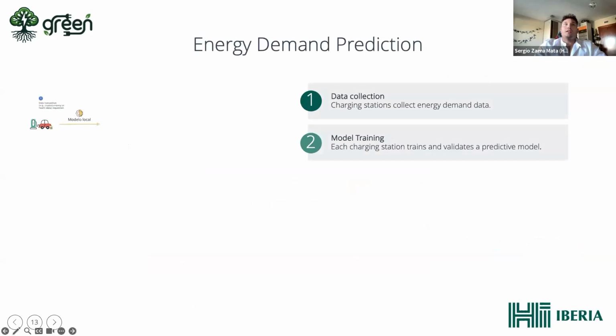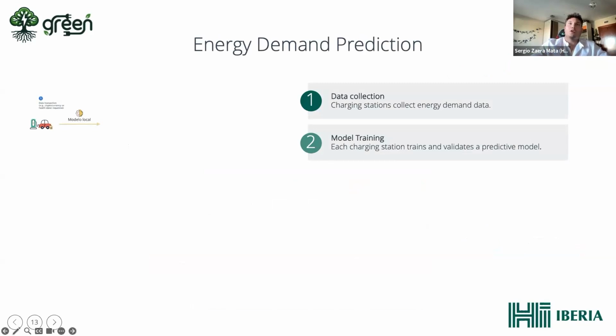So, in the energy demand prediction, I told you before that I'm going to explain in detail how this process is done. So for those who didn't understand me before, here you can see it more clearly. First we have the data collection, where a car goes to the charging station and charges the battery.